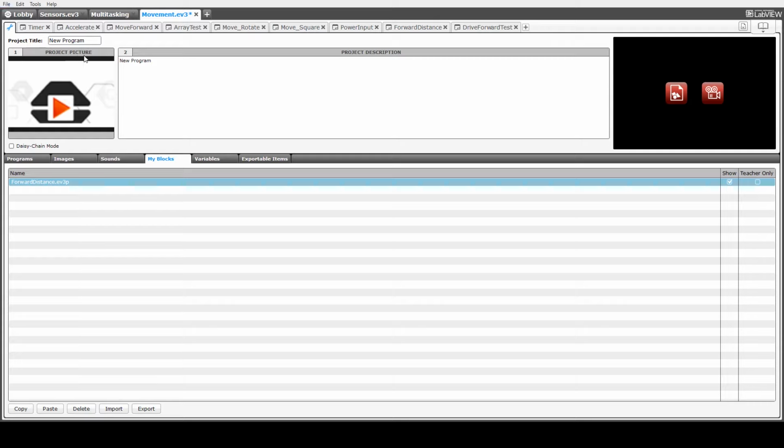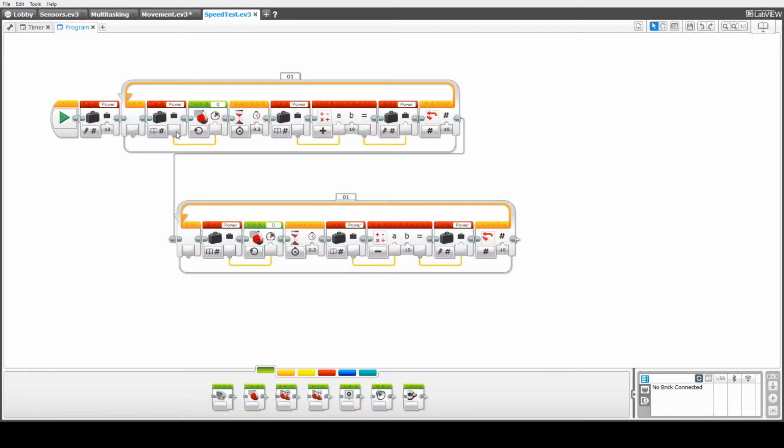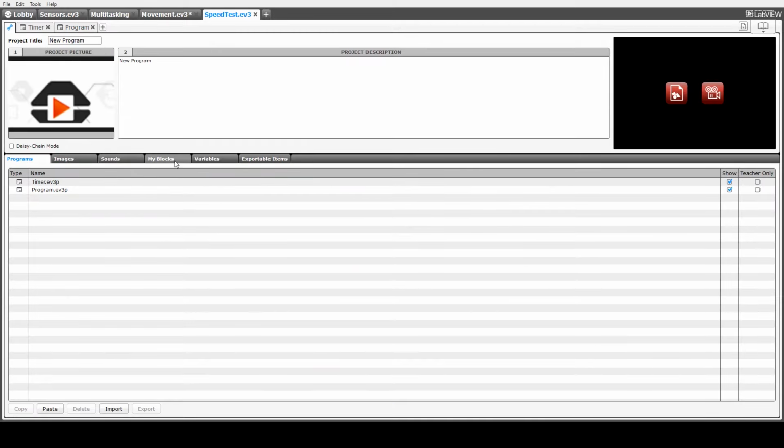Now what we can do is actually open up another project, see that loaded up there, go into the configuration tool. We can import that block now. So import the forward distance block,